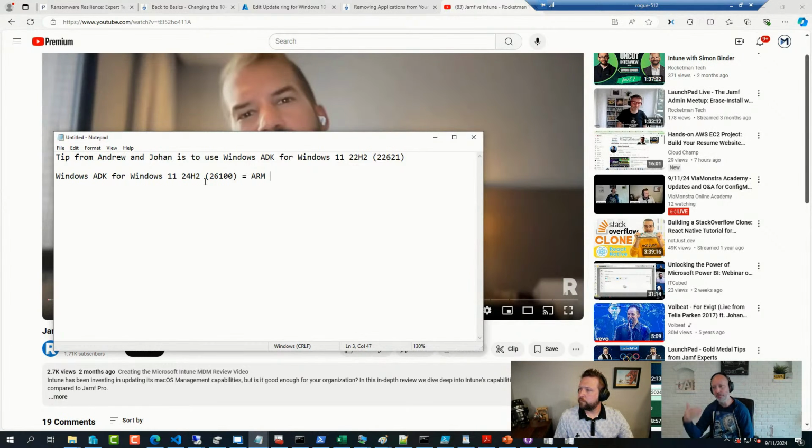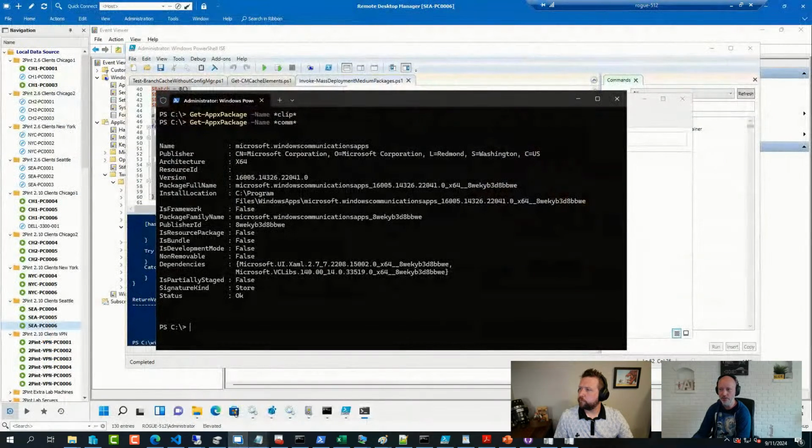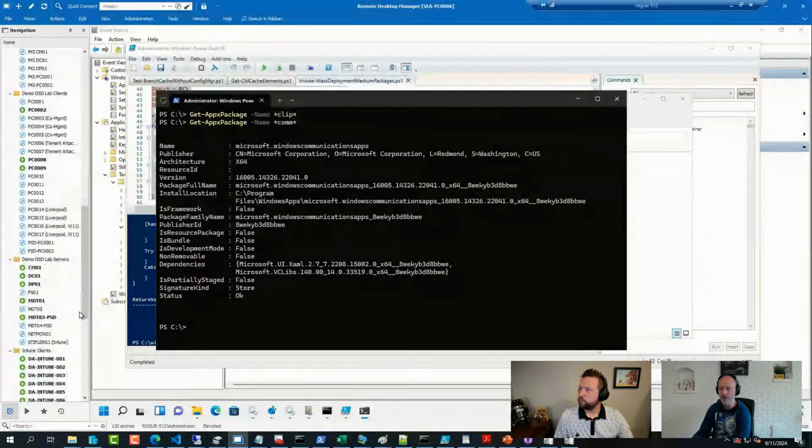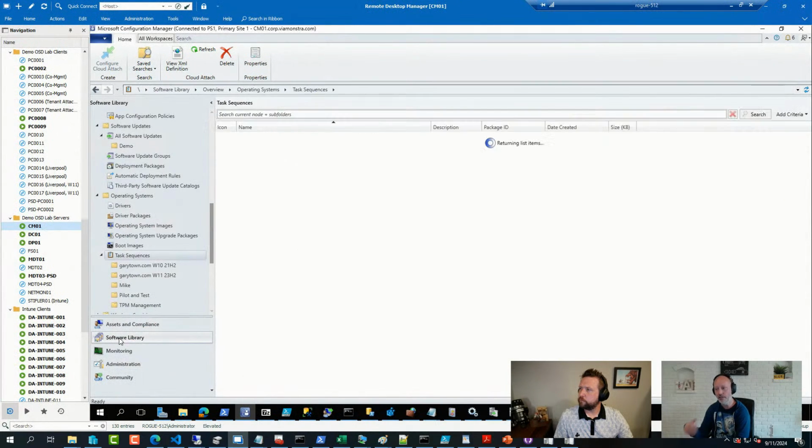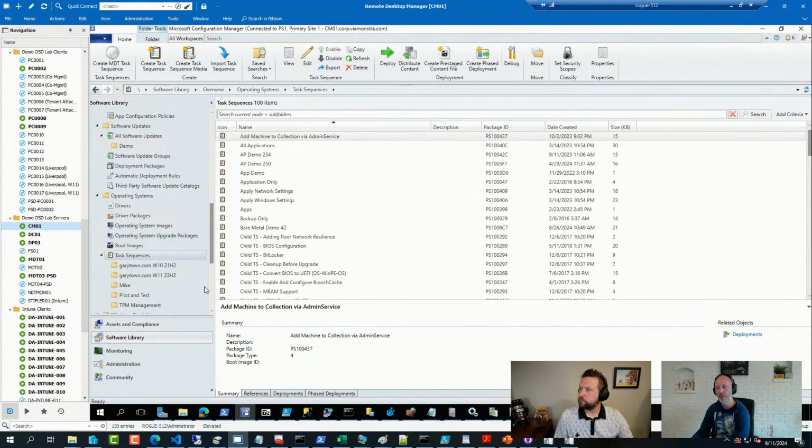But what I recommend if you do that, first of all, you need to be on ConfigMgr 2403. It's an absolute requirement. But also, if I jump over to one of those environments here, keep ADK at 22H2